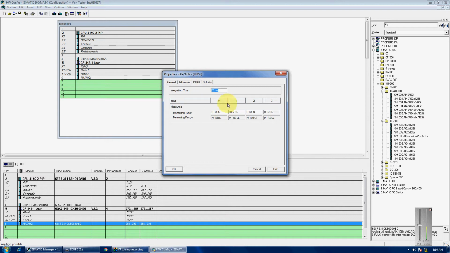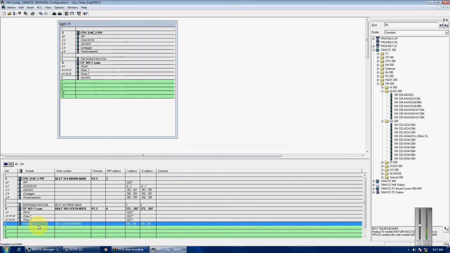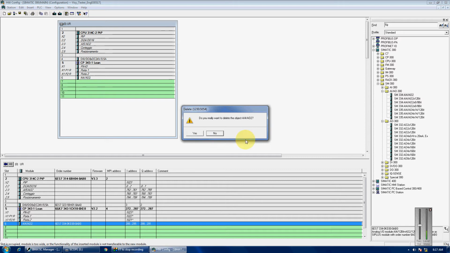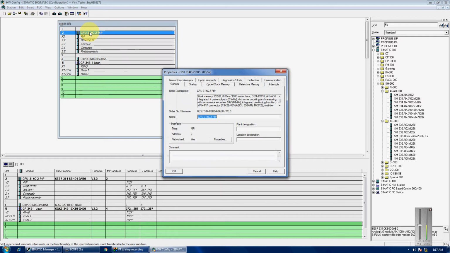And then each card's got its own settings. So this one's got RTDs and PT100s. So obviously it's a temperature input card, so you probably won't get one of those. So we'll just delete it. And this is where you probably set up a lot of your PLC stuff. Give it names, and